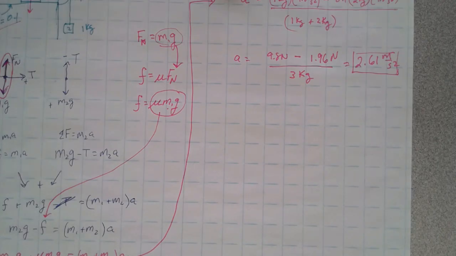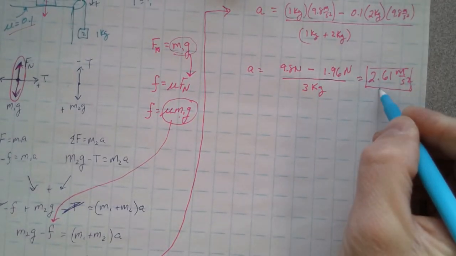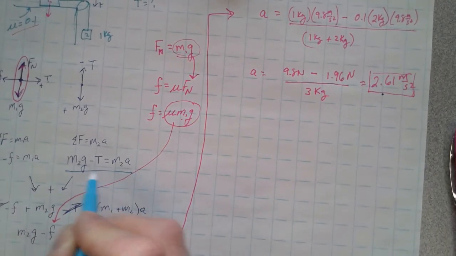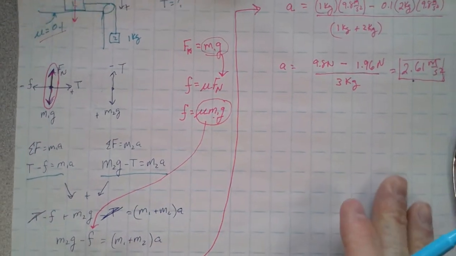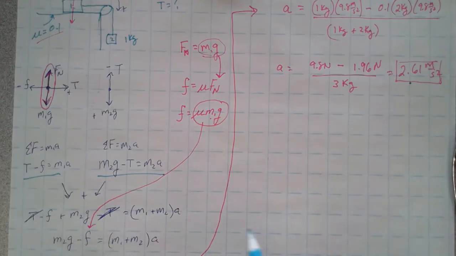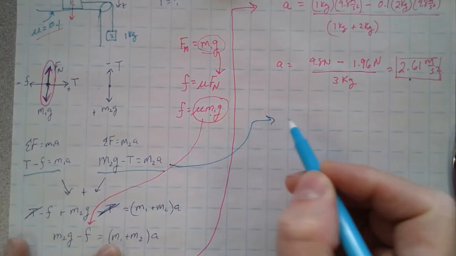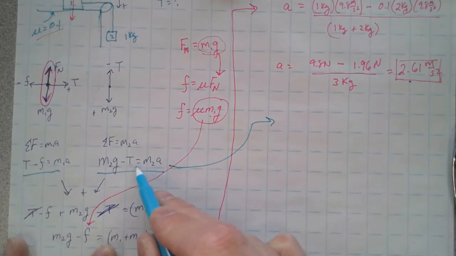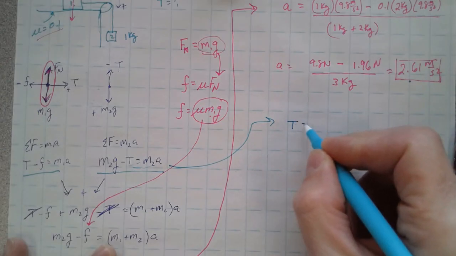All right, and the last step is to solve for the tension. We do that the same way we did before. We take this acceleration and we plug it in to one of these two original equations. Again, one of them might be easier than the other for you to choose. Doesn't matter. I'm going to go with this one right now. Bring that over. I'm going to manipulate this for T. So I have to move the T over here and move the M2A over here. So I have tension is equal to